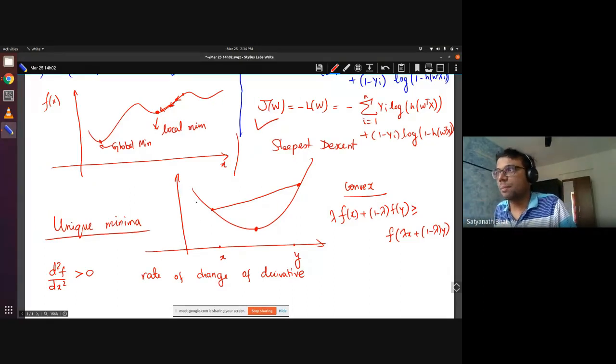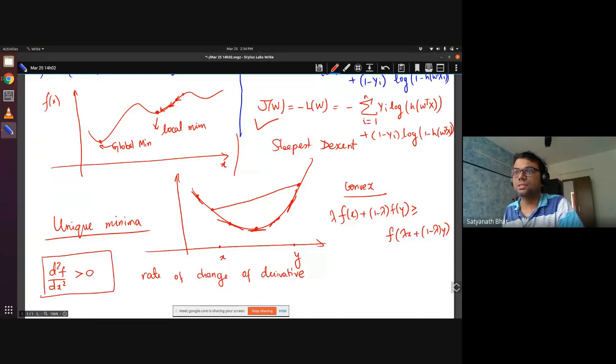Let us see whether that happens. Let us look at some derivatives. You take this point, there is some derivative. Then look at this point, there is some derivative. Then at this point the derivative is 0. Then it is increasing, and increasing even more sharply. It is some negative value, becoming close to 0, which means it has increased. Then it has become 0. Then the slope is increasing even more, and even more. So the slopes are increasing all the time. That is why the second derivative of a convex function is greater than 0.